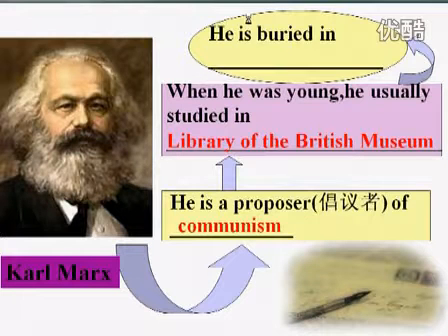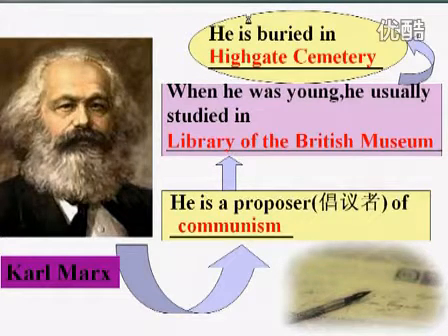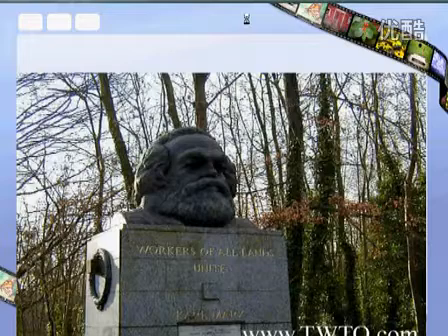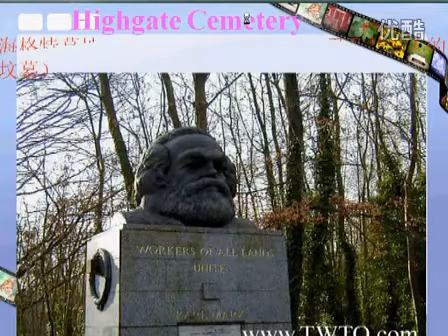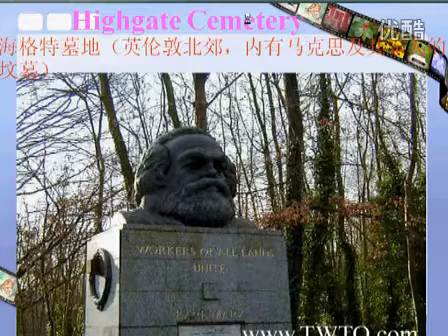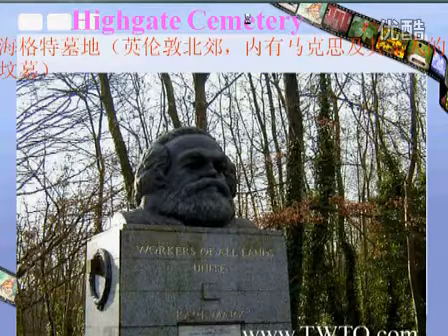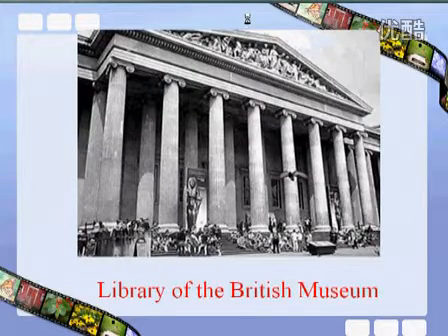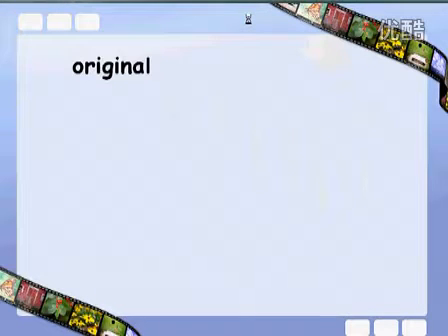Now he's buried when he died. Highgate Cemetery, 海洛特墓地. Highgate Cemetery, 位于英国伦敦北郊，内有马克思及其家人的坟墓。Next, Library of the British Museum. It's a very important place in London. Now look at this. Maybe first, new and different. Original, 最初的、原始的。